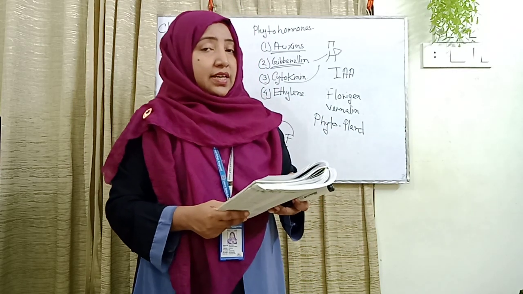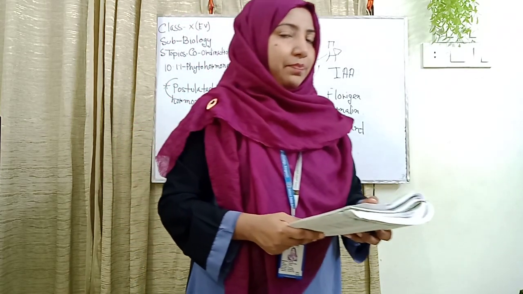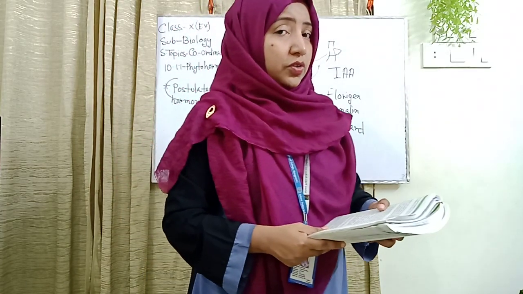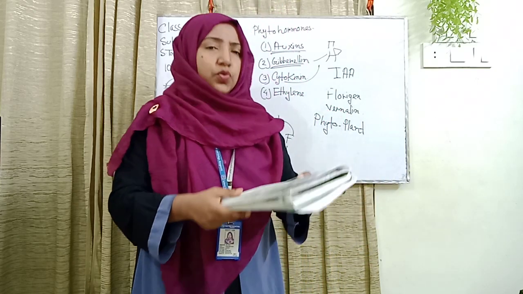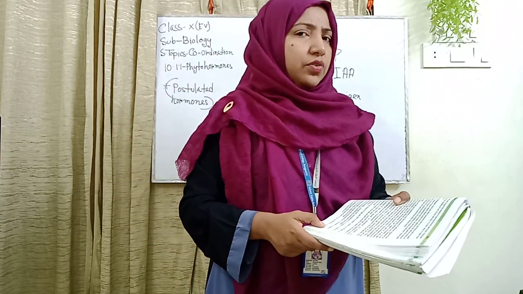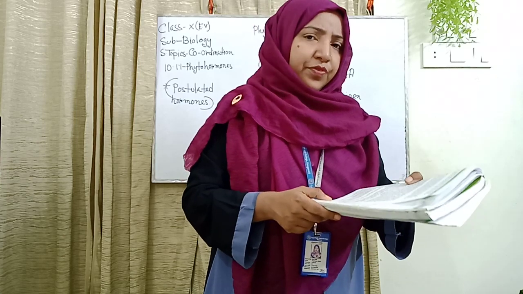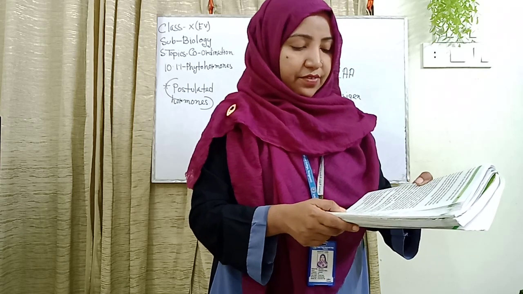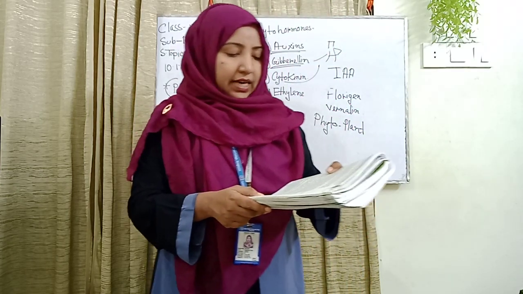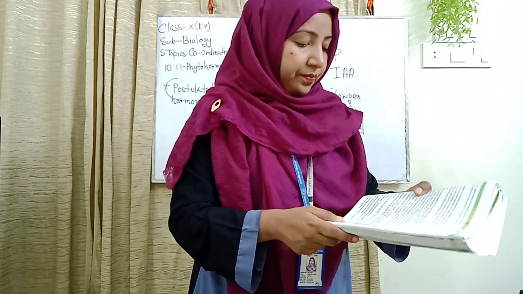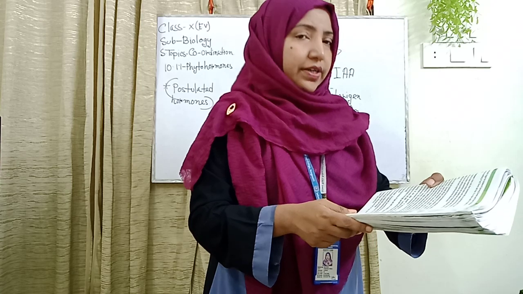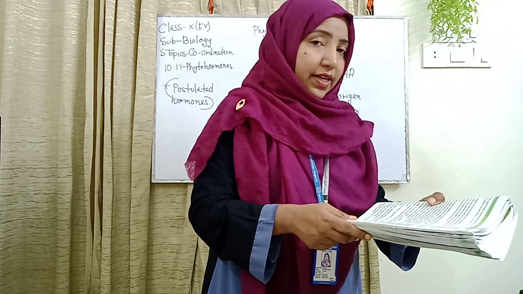Dear students, I also explain about the plant hormones. These plant hormones have another name, the phytohormones or chemical substances. Our next structure is growth. Basically, there are three types of growth on the basis of the rhythm of light and dark in plants. Plants are divided into three categories. First category is the short day plant, second is the long day plant, and the third is the day neutral plant.